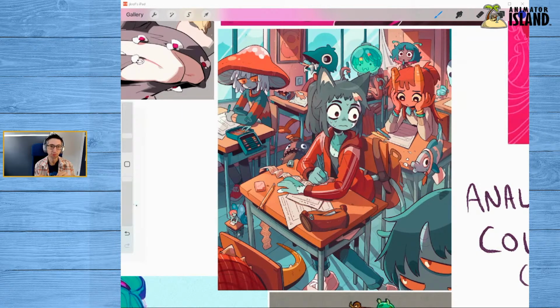I don't have a lot of bravery in my color choices. When I find something that works, I'm so afraid of messing it up that I'm unwilling to just continue to play. That's something I need to keep in mind as I'm continuing. I need to kind of get over it.